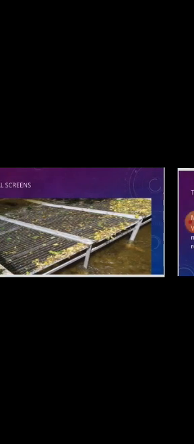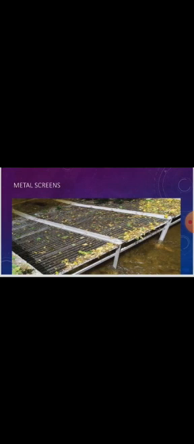The first unit is the metal screen. When the sewage arrives at the sewage works, any large materials present in the water such as rags, cans or pieces of wood are removed by the large metal screen. So this is basically the diagram of the metal screen. Now the water is passed into a grit tank. The sewage then flows slowly through a grit tank where any sand or soil particles sink to the bottom. Now at the end, the sludge is formed.